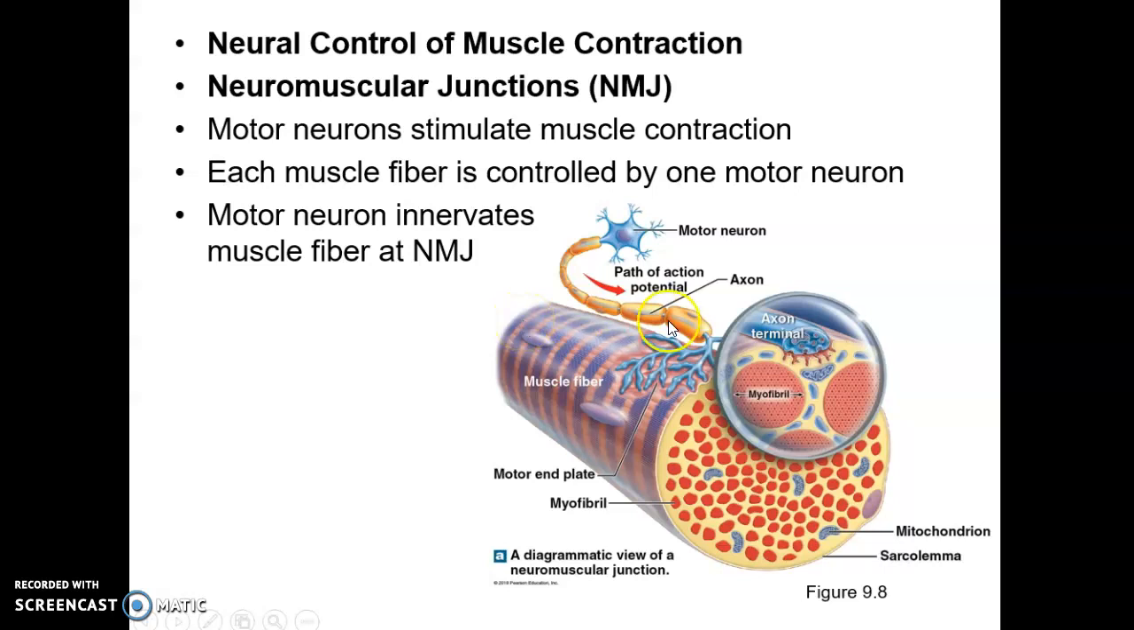And then the motor neuron innervates the muscle fiber at the neuromuscular junction. If you remember, the neuromuscular junction is the axon terminals of the motor neuron and the modified sarcolemma, called the motor end plate, of the muscle fiber. You can kind of see here the motor end plate is very convoluted to increase